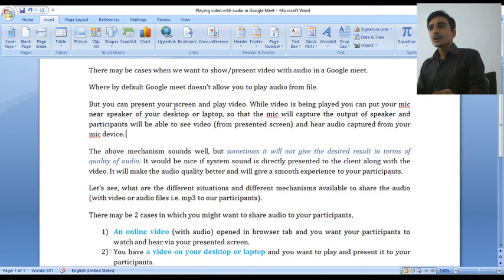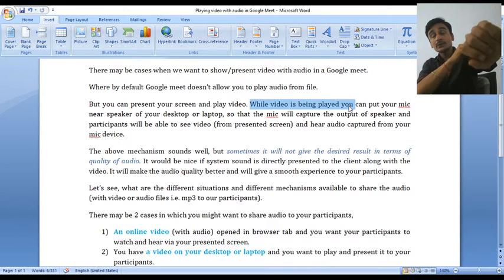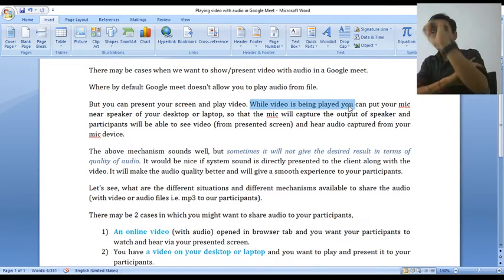But we can present our screen and play video. Suppose we want to play a video offline or online and also present the same video to the client with audio. We can play that audio with the video, and while that video is being presented and the audio is playing, we can put the mic nearby our speaker.